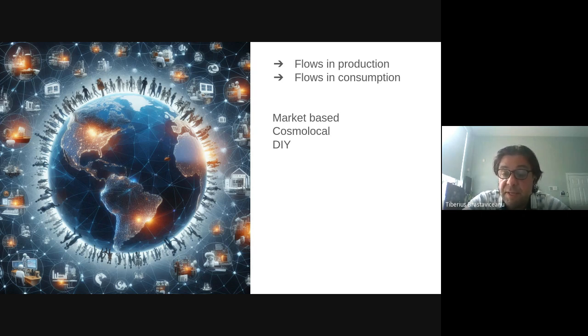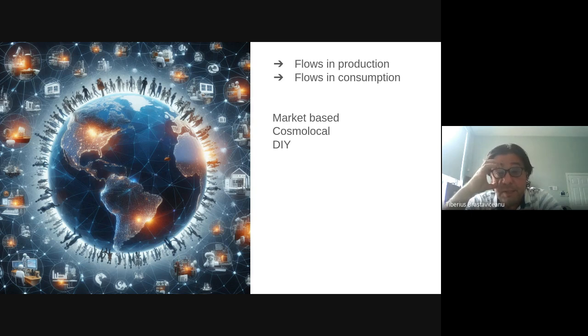The do-it-yourself approach is a more granular kind of process. A bunch of people design the thing online, and then I download the CAD file, put it in my 3D printer in my basement, and make it for myself. In that case, the producer and the consumer are the same people. In the cosmo-local model, they're not necessarily the same. I can go to a fab lab or makerspace, because I don't have a 3D printer, and ask, can you print me this model? There are also some electronic components that I don't know how to make, so can somebody help me? And you can pay them for that service, right?